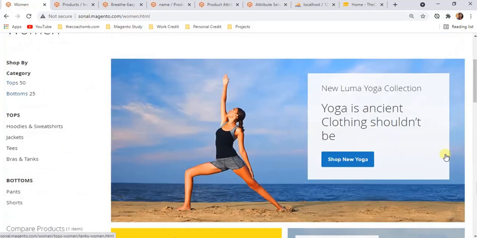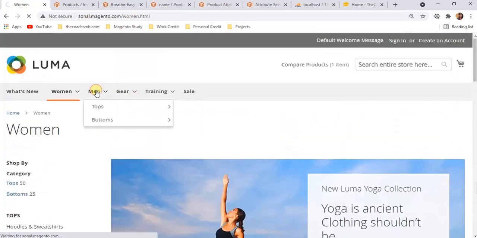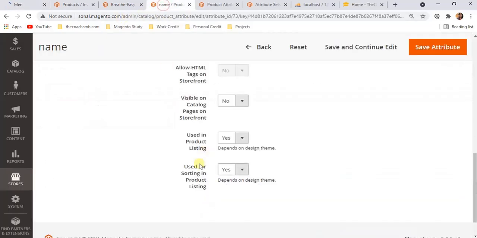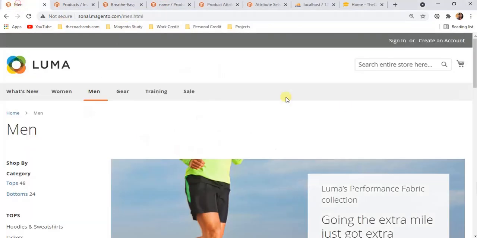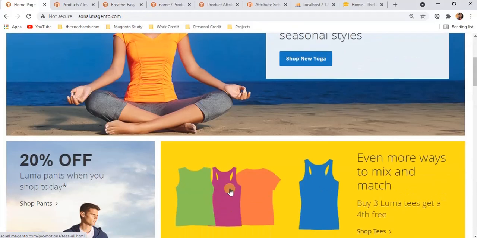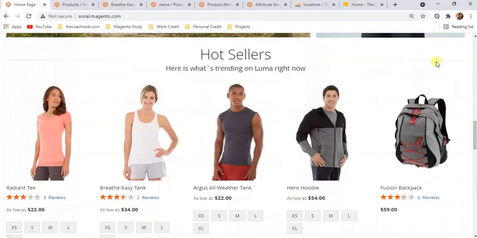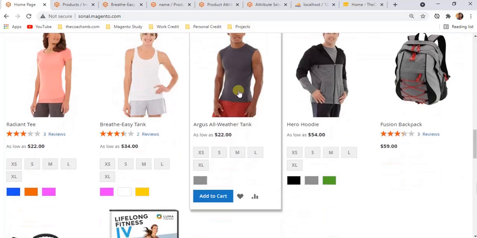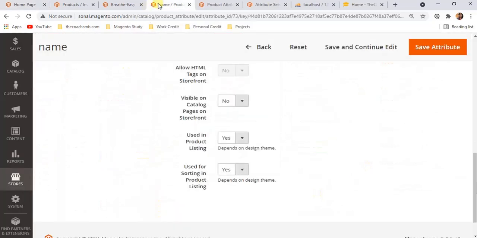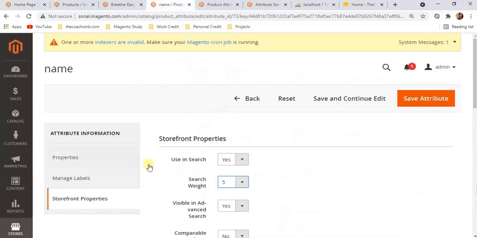There is a sort by option, and if the attribute is used for sorting in product listing, then the name, position and so on can be options, and the products can be sorted accordingly. So this is how we can create and use attributes.